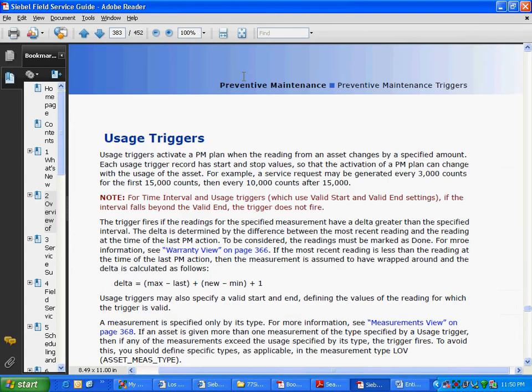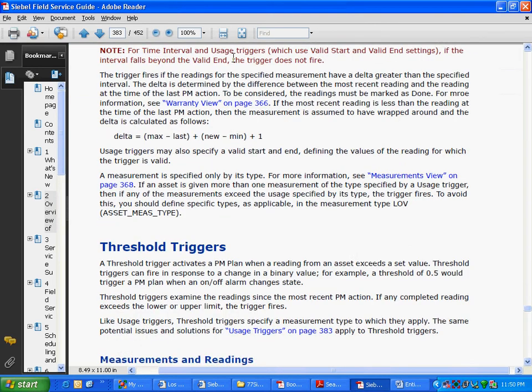Usage triggers. Usage triggers activate a PM plan when the reading from an asset changes by a specified amount. Each usage trigger record has start and stop values so that the activation of a PM plan can change with the usage of the asset. You understand this?